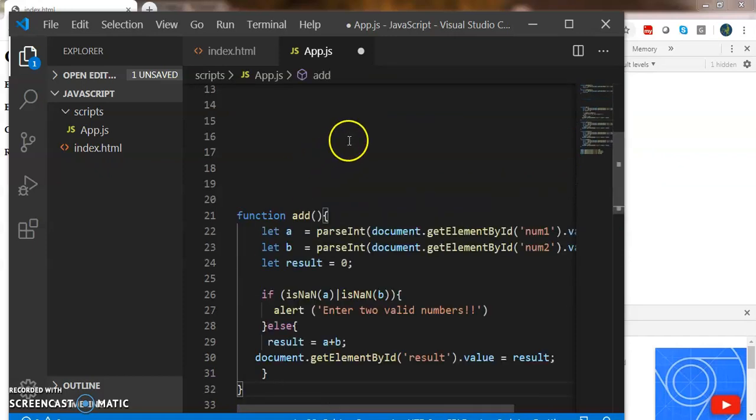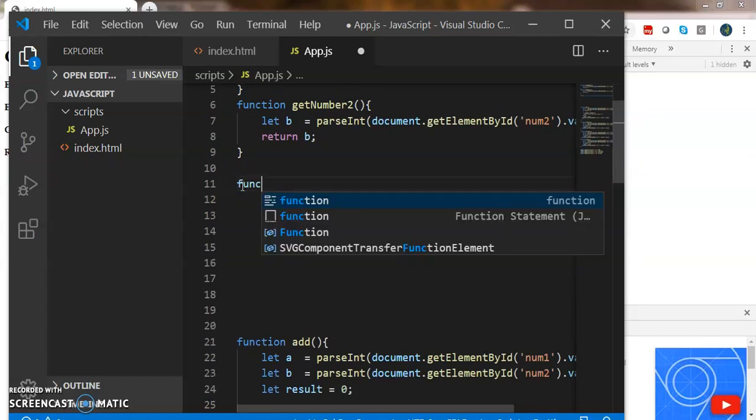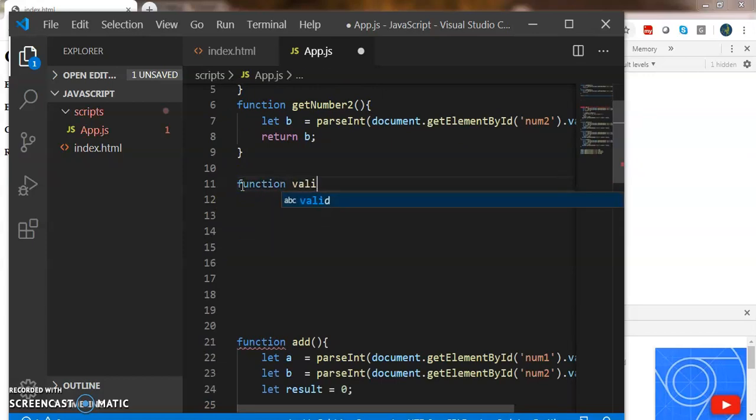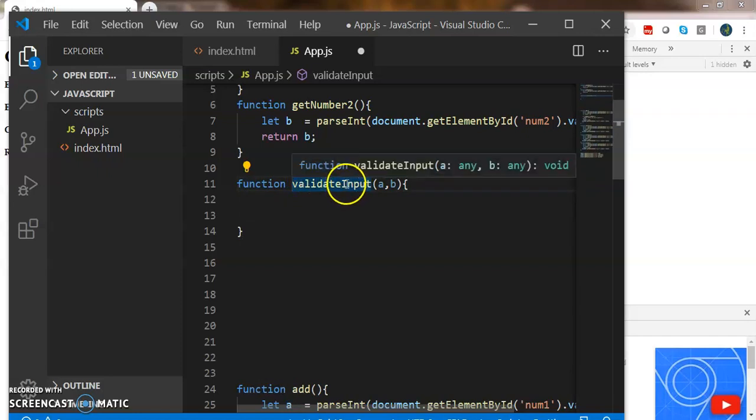And we create a function for validating the user input, and let's name this function validateInput. We provide the parameters for this function as a and b, which are to be validated whether they are numbers or not. We use this notation called camel case notation. The starting letter of the function name is a small letter, and each following word in that name starts with a capital letter. So this is called camel case notation. We use this for variables, function names, etc., and this is the industry standard.